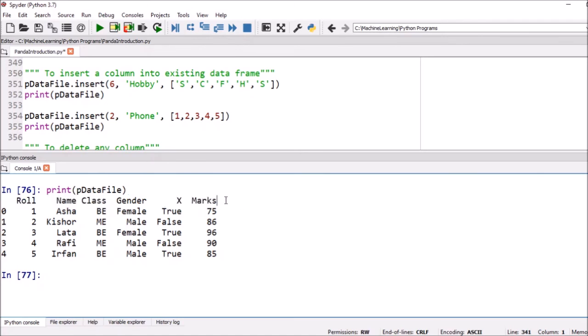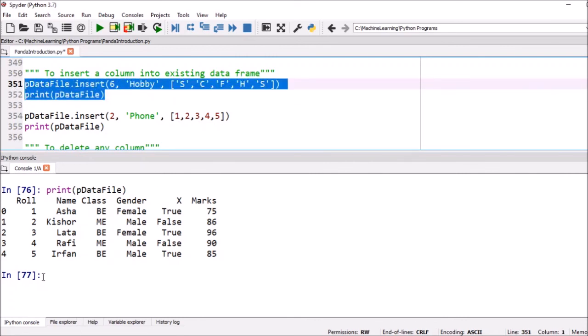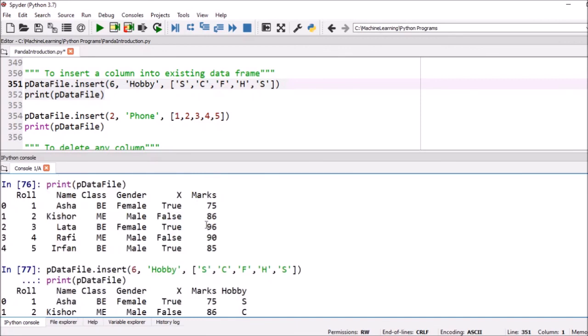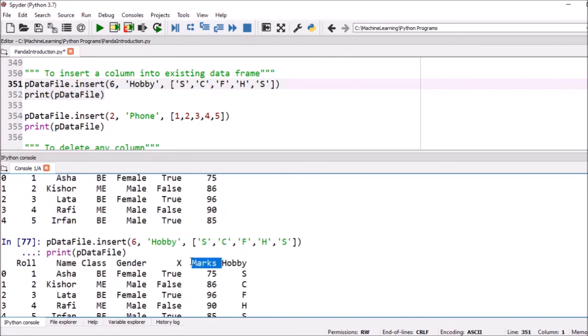In the sixth position, as a sixth column, we want to insert a column named hobby. Okay, so sixth is the position where we want to insert, and that column name is hobby, and here we want to insert the hobby. Say S for singing, C for cricket, F for football, H for hockey, and so on. We can execute it, and we can print it. Now you can see after marks we have included the hobby.